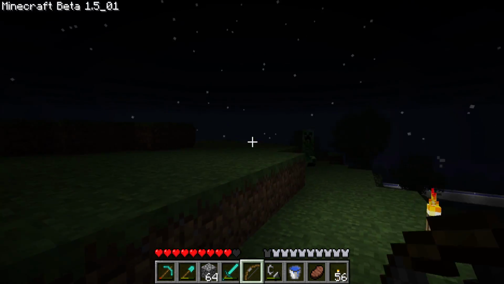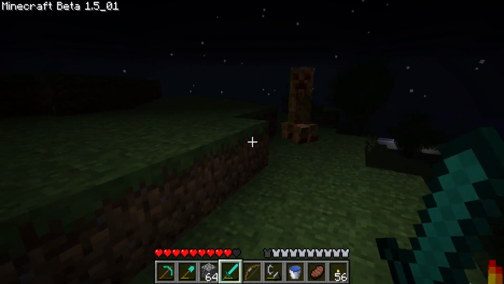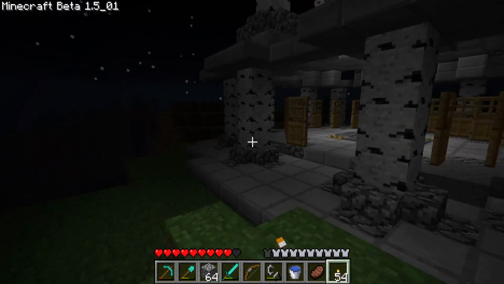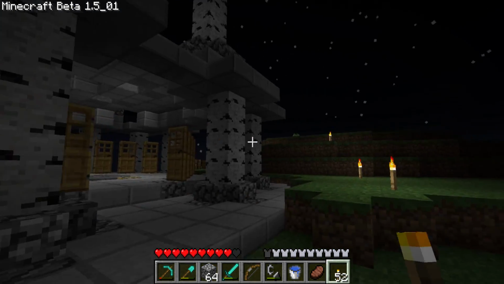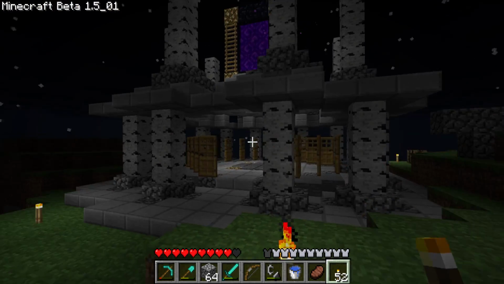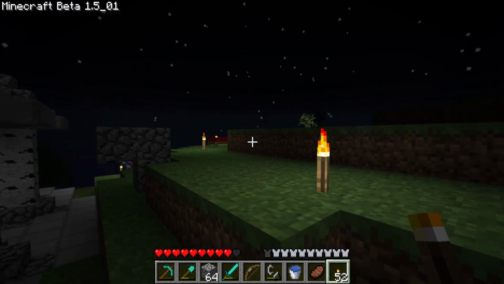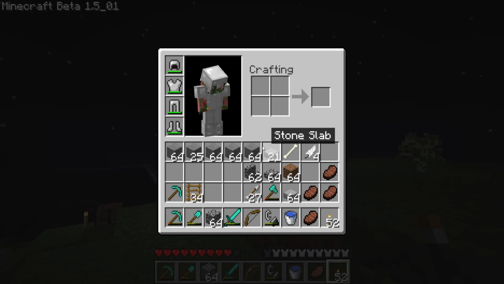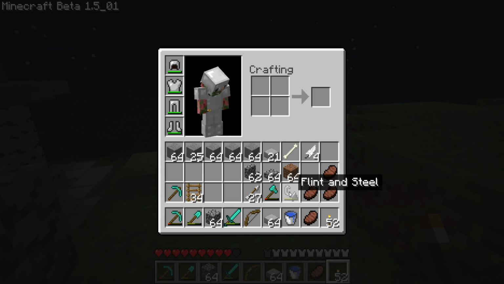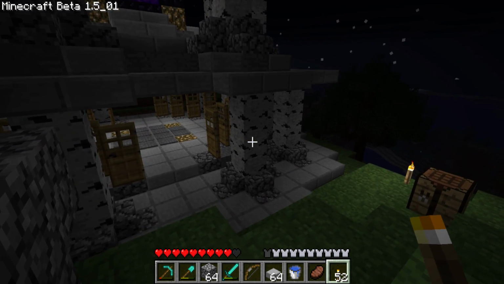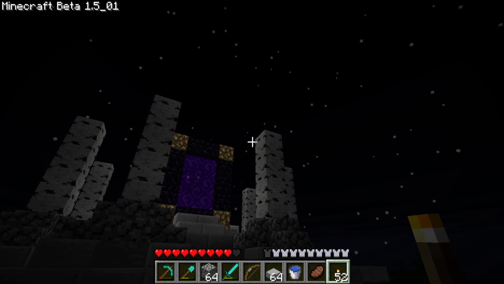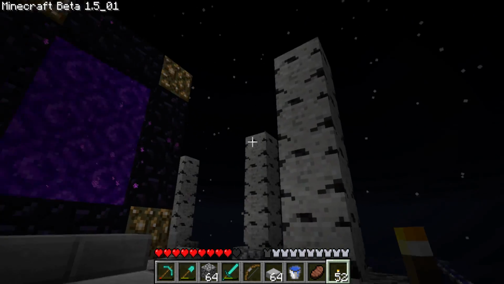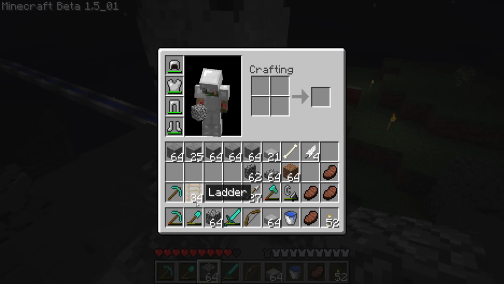There's a creeper. Okay, that's a dead creeper. So I guess I may as well put a little bit of a perimeter here. Yeah, okay, so this is what we're going to do. We're going to do kind of a similar thing here, up there, with the slabby doos. Let me grab that. How did I do it before? There was 1, 2, 3, so I wanted this one to be a little bit taller. And then I want the slabs just kind of making a ring around the Rosie. Do I have ladders? Yep.